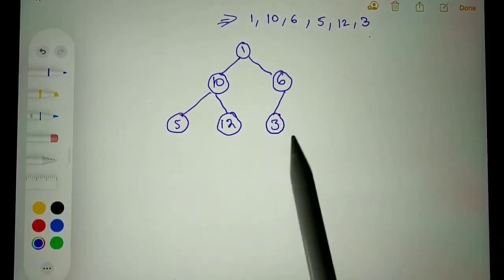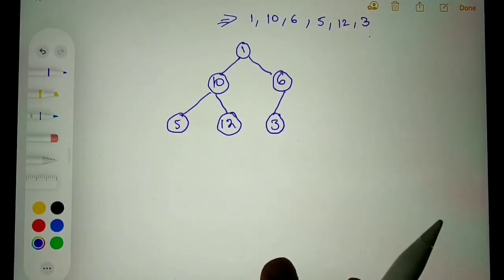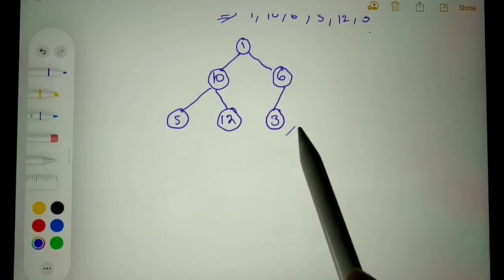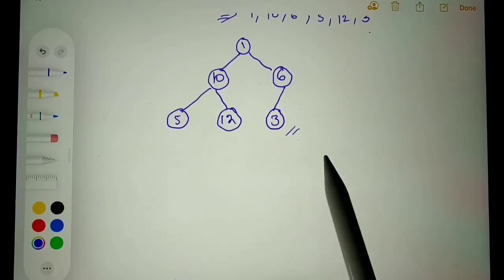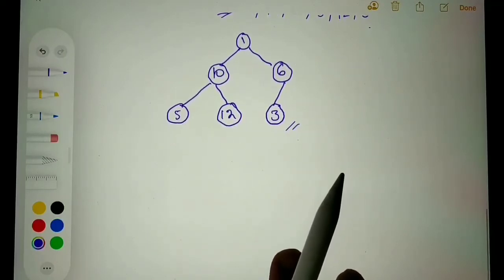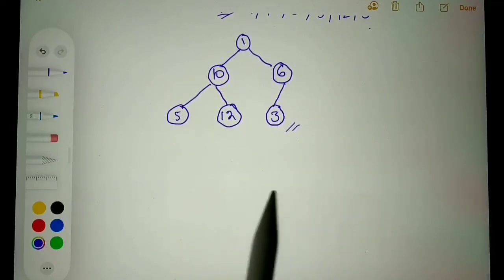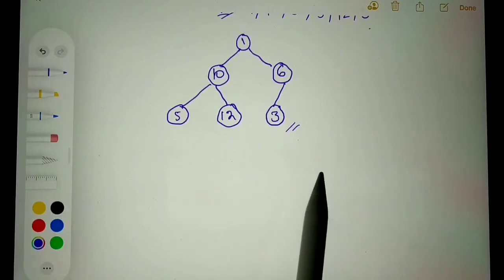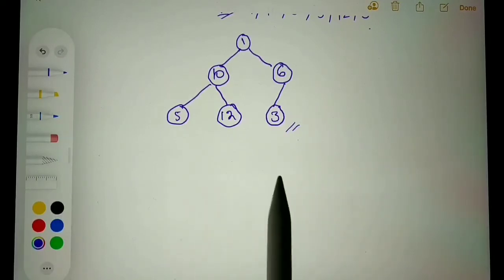In heapify, what we do is we will start from the last node and we will compare it with its children. If the current node is smaller than its children, we will swap the current node with its children. And this process we do repeatedly until it satisfies max heap property.